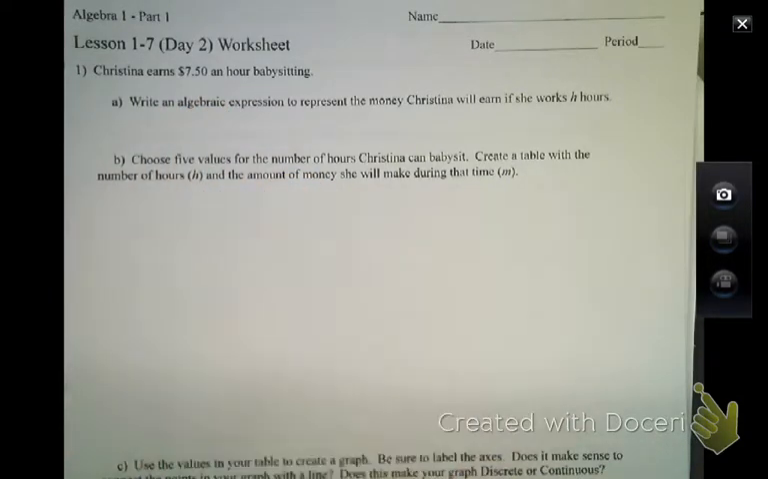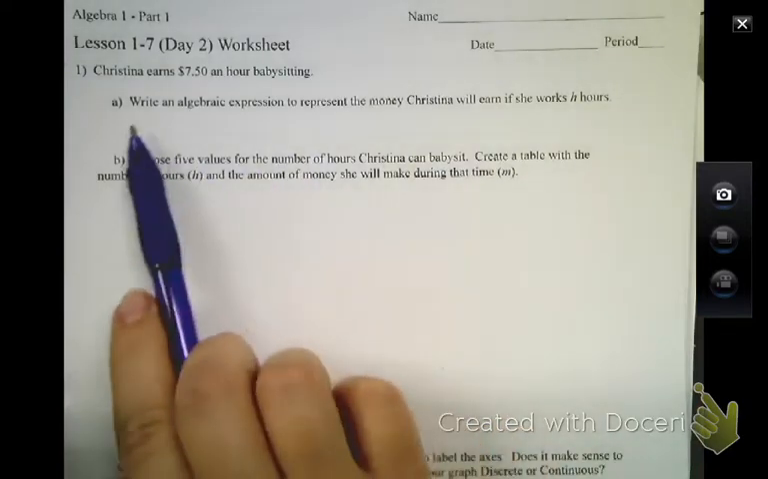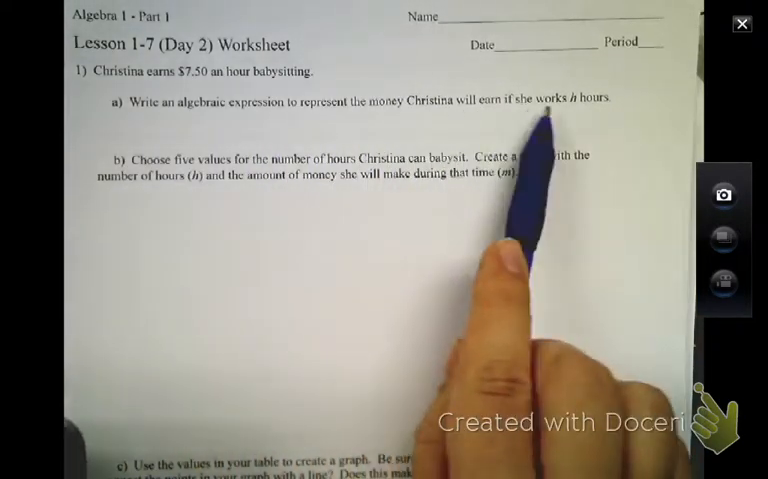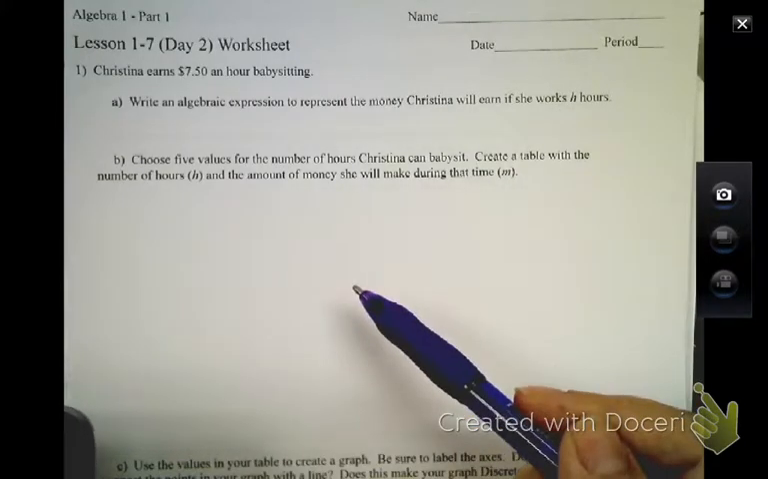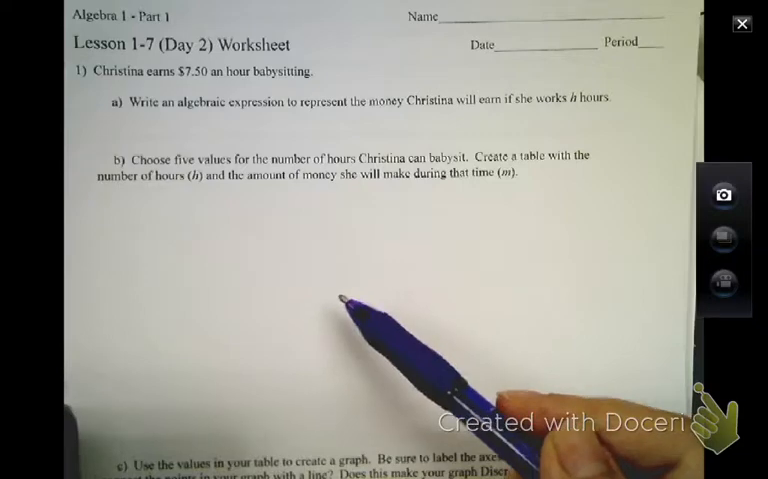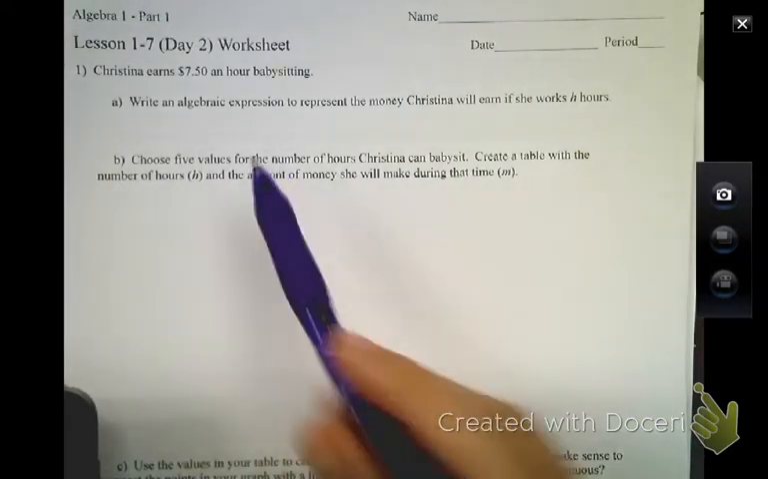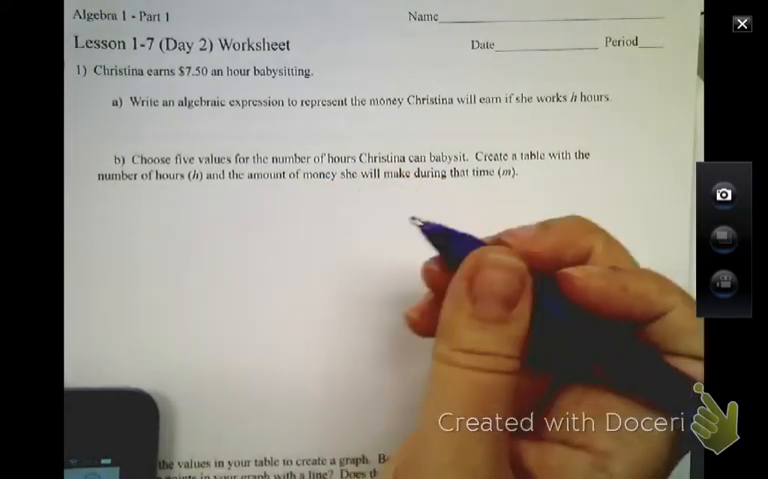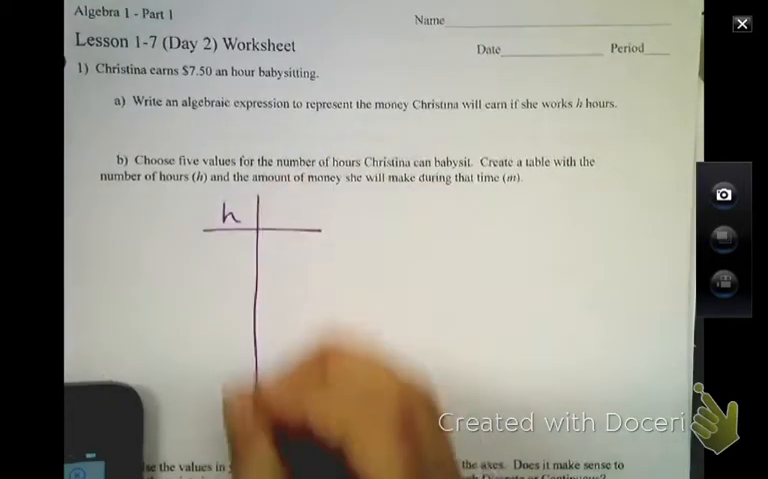So, if Christina earns $7.50 an hour babysitting, we're supposed to write an algebraic expression to represent the money Christina will earn if she works so many hours. Let's think about this. We might have to do B first. This is something we did not cover in class. But let's say, okay, we're going to choose a number of hours and then compare it to the amount of